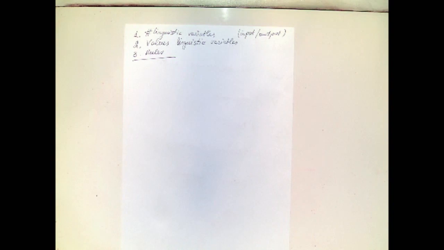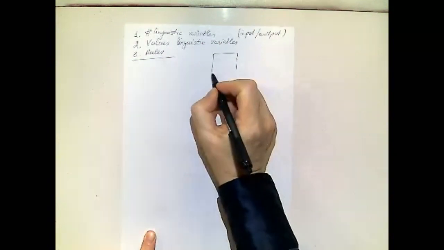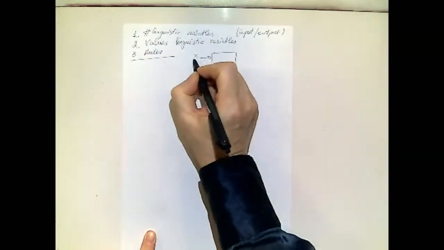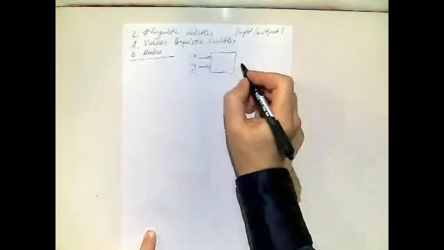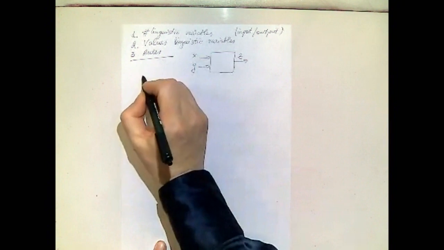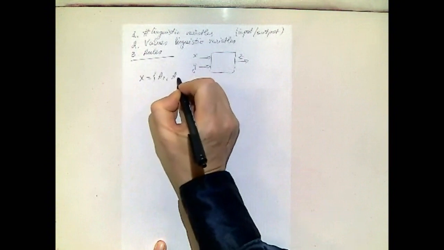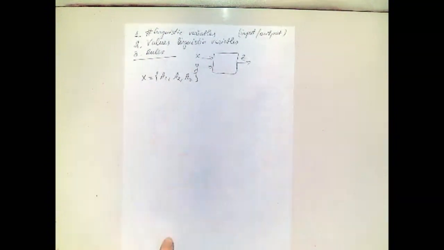Let's have different examples than what I was giving you in the lectures, just for you to understand how it's different. So that's how we put variation. Let's say I want to design an ANFIS system. I have inputs X, Y, and I have output Z. Let's say my X will belong to linguistic variables A1, A2, and A3. So I have 3 linguistic variables.